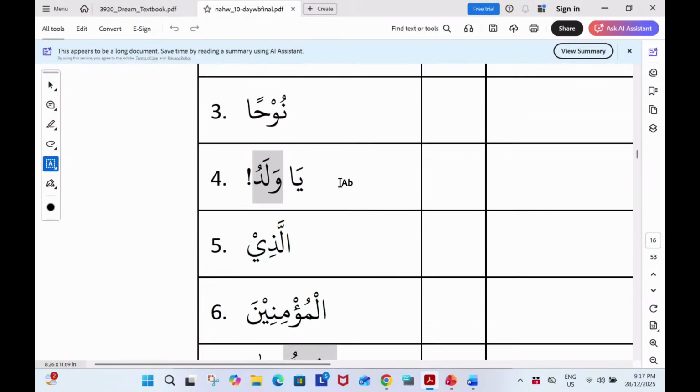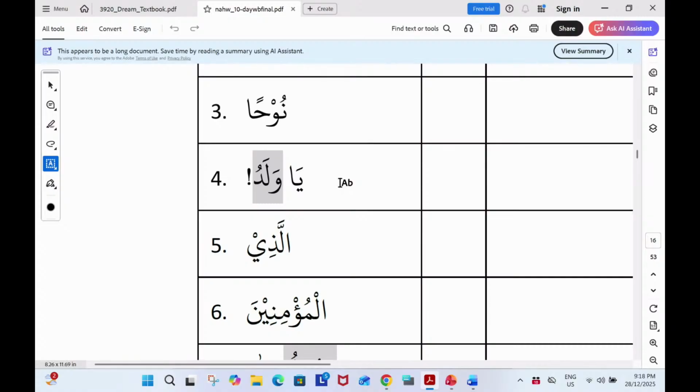Now, this is the one which we have not studied so far. So you remember in the 7 types, we were saying that the one who's being called. So in Arabic, to call somebody, the term is called nada, munadi. So you are calling somebody, you're doing nida. So the most common way of calling somebody would be ya. So if I'm saying ya Rayyan, now I'm calling him, right? Similarly, if you are calling a boy, ya walad. So this is the way you call.